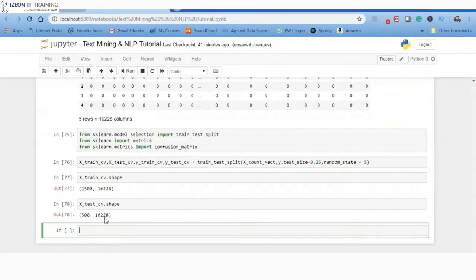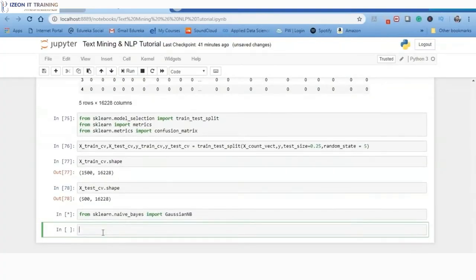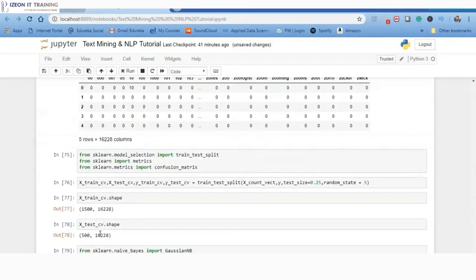We'll use the naive Bayes classifier for text classification over the training and testing sets. Most of you might already be aware of what a naive Bayes classifier is. It is basically a classification technique based on the Bayes theorem with an assumption of independence among predictors. In simple terms, a naive Bayes classifier assumes that the presence of a particular feature in a class is unrelated to the presence of any other feature. To know more, you can watch our naive Bayes classifier video, the link to which is given in the description box below. If you want to pause at this moment and check quickly what a naive Bayes classifier does and how it works, you can check that video and come back here.